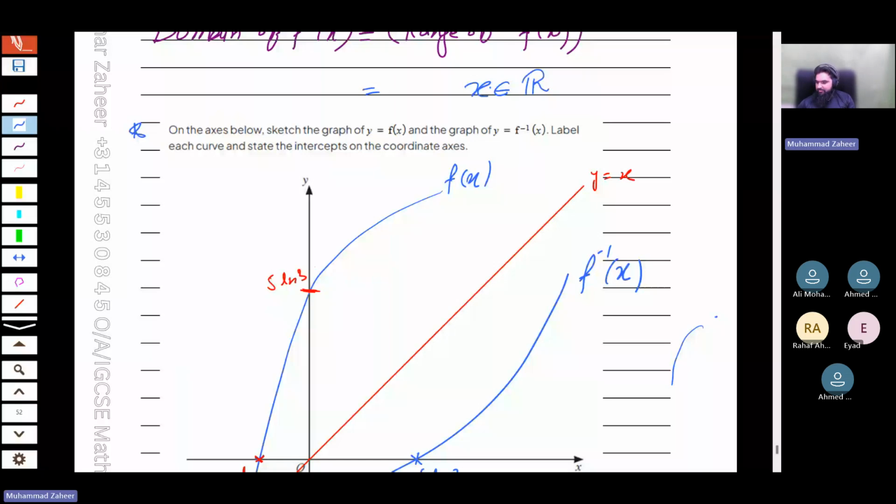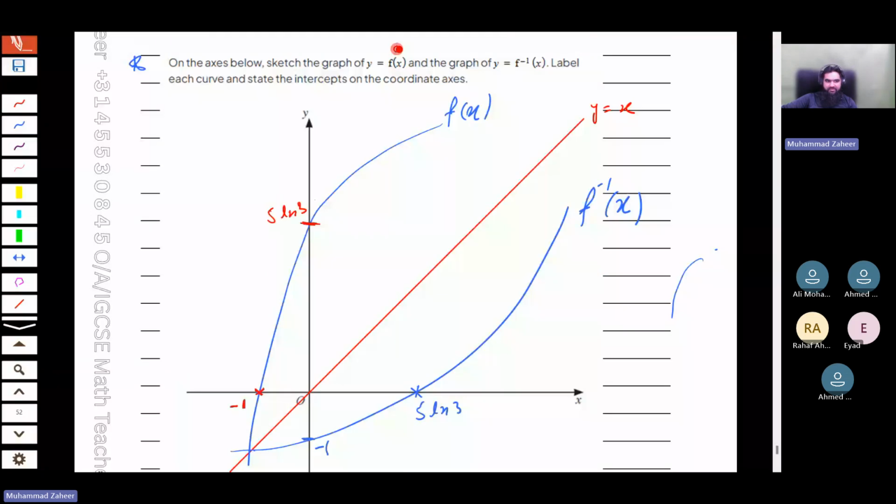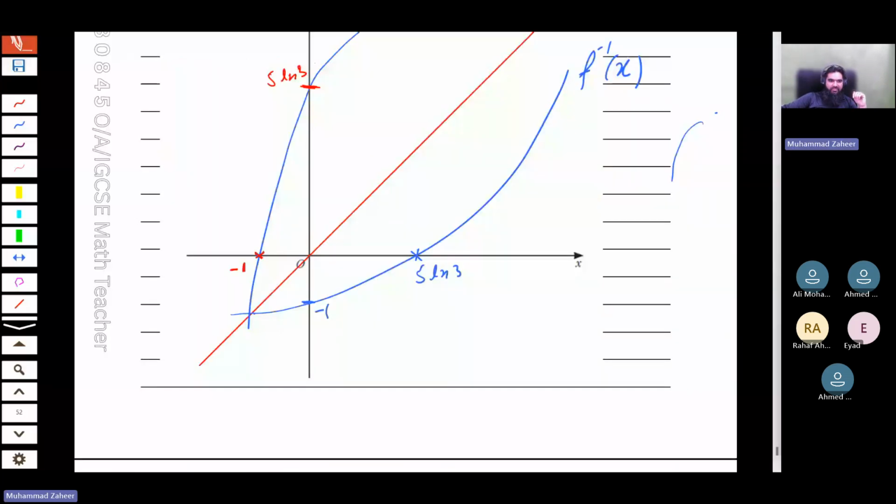Yes, everyone, any question? No? We are clear. We have sketched the graph of f of x. We have sketched the graph of f inverse of x. We also wrote the x-intercepts and y-intercepts as well. So look at here, these questions are going to be easier, but there is a lot of